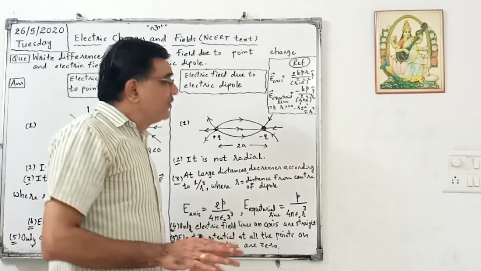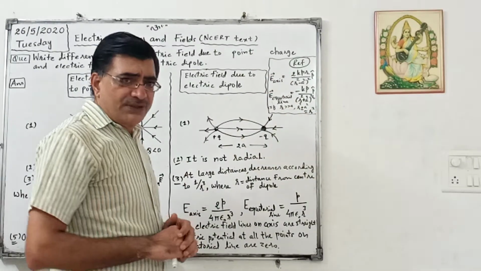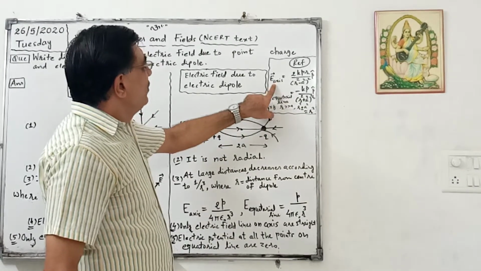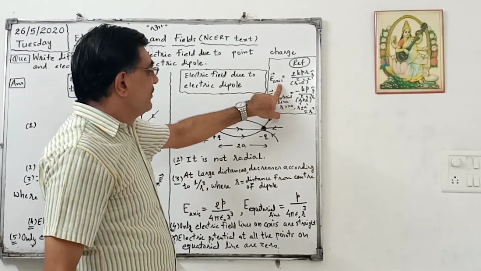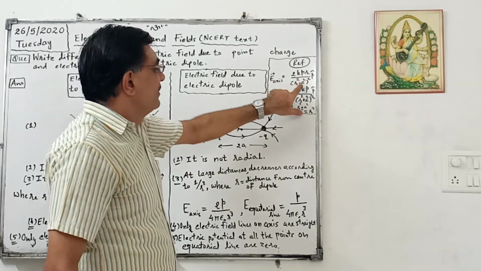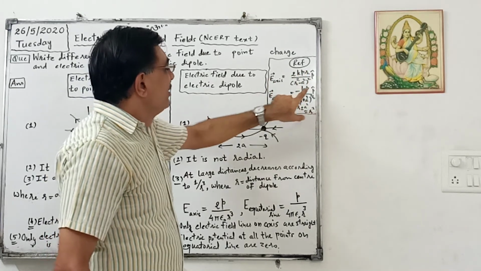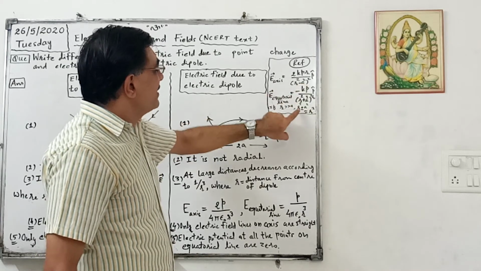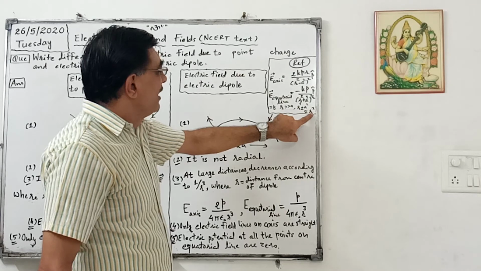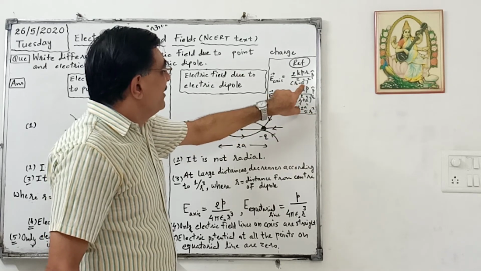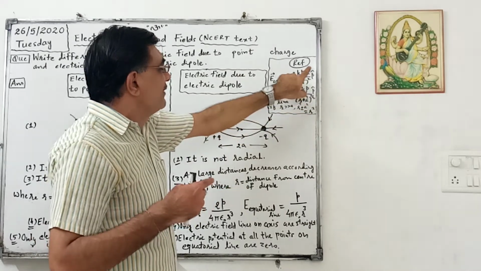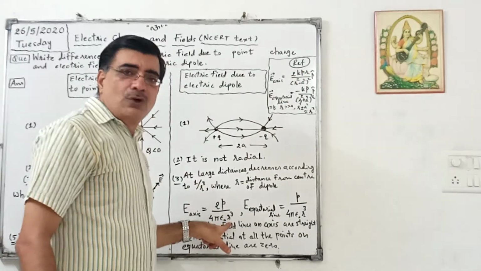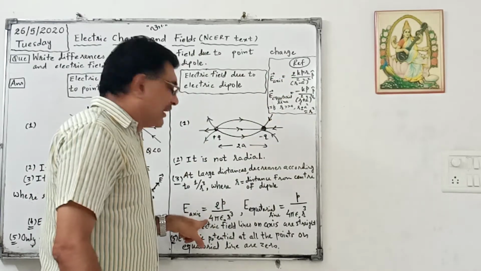So use this reference. Not needed to write in this topic, but see, E on axis is the topic. The equation was 2kpr upon (r square minus a square) whole square p cap. If r is too large, we can neglect a square. In that case, r square minus a square will be equal to r square. So this will be r square and square of it, that is r raised to 4, and 1 r will be cancelled. So it will be 2p upon 4 pi epsilon naught r cube, where k equals 1 upon 4 pi epsilon naught.